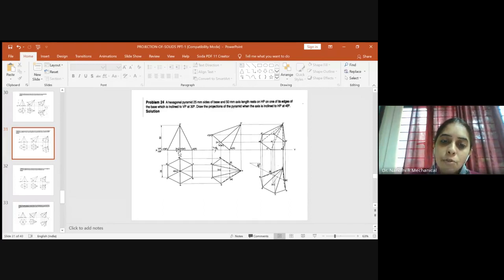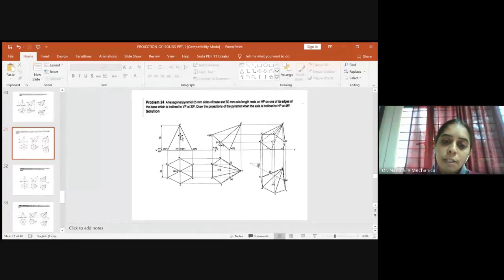You can directly use the scale and measure 50 mm, or you can use the compass, keep one end of the compass here, measure 50 mm and cut an arc. So you'll get the dimension for the axis height, which is 50 mm. After doing this, you have taken the projection from these corners and these corners also, right? From this end, you will join to the apex. From this end, you will join to the apex. That will give you the front view. Please darken that immediately.